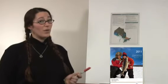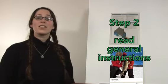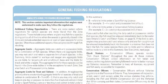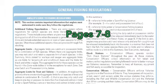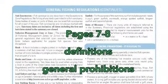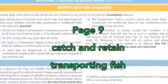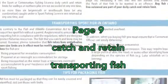Now that you have a valid outdoors card and fishing license, and a copy of the fishing summary, the second thing to do is to carefully read the General Regulations section on pages 7 to 13. Here you will find information that applies to fishing in all zones. On pages 7 and 8 of the Fishing Regulations Summary, you will find definitions and general prohibitions. On page 9, you will find information on Ontario's catch and retain rules, as well as